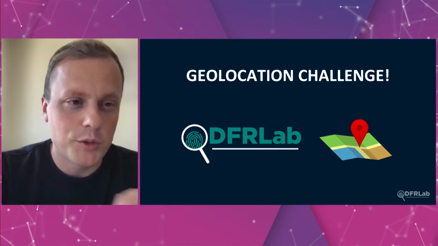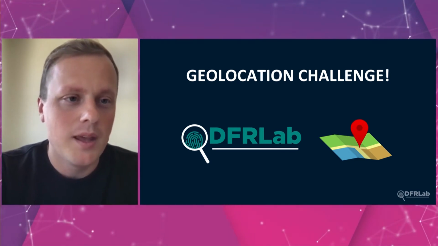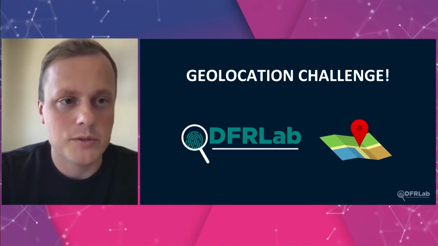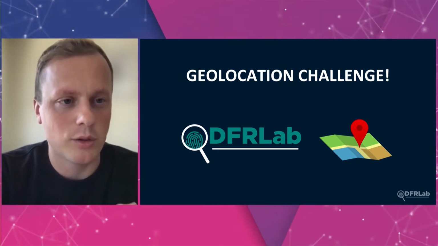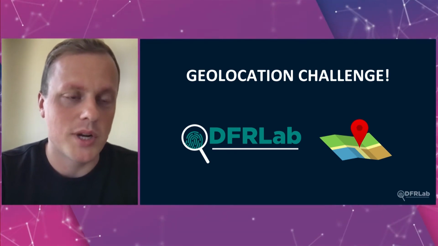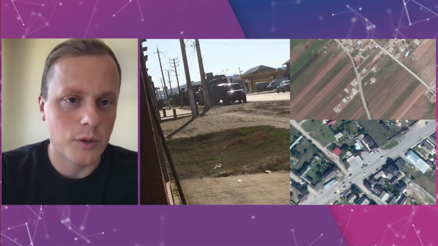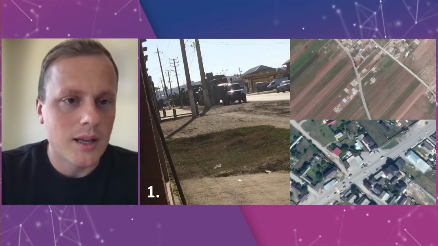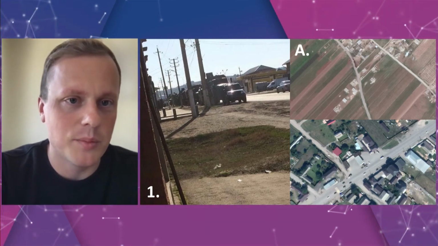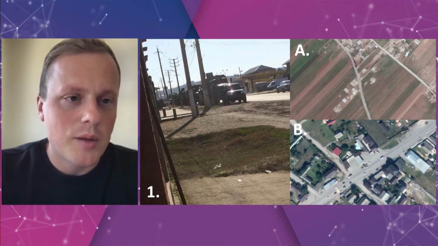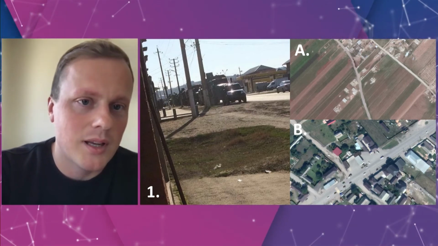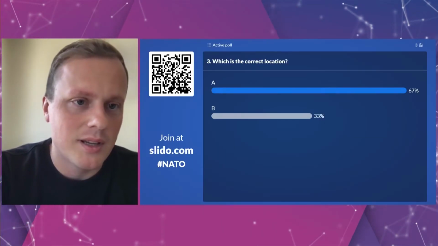So we need to make this little trick in our heads, trying to figure out, if we see a photo of a truck, how will that truck look from a satellite image? If we see a specific house with a specific roof shape, how would that look from satellite images? This is what I want you to try and do during these two challenges. I'm going to show you two photos. On the left, you're seeing the image I want you to try and geolocate. And on the right, you have two possibilities, A or B. So try and use the polling function to guess or estimate which of the different pictures represents the photo on the left.